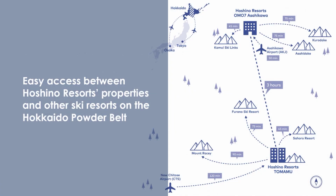This map shows you the approximate geography of the Hokkaido Powder Belt. Staying at our resorts, travelers can enjoy these 3 snow resorts including Furano, Sapporo, and Mount Reisi by day trips. If they want to go even further up north, they can go to Asahikawa, which is the second largest city in Hokkaido. Asahikawa is 3 hours away from Tomamu, so it is not ideal for day trips, but we have